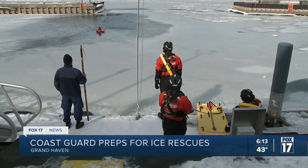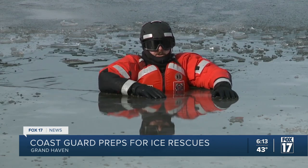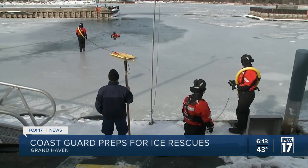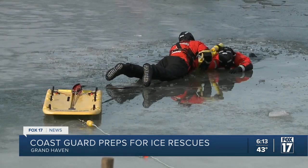Their ice cutter boat that would be used for more major rescues out on the lake is actually stationed up north, so they don't have that down here. So if anything does happen out in this region, that wouldn't be able to get to people in time, because they tell us as fast as their response times are, it's only as fast as the conditions will allow. So you'll have to keep that in mind, because as much as they want to keep you safe, they have to keep their personnel safe as well. We're out here talking about all